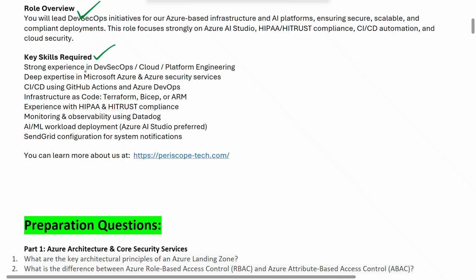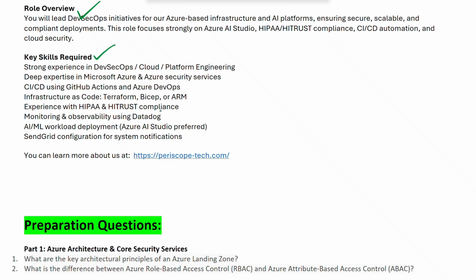They are expecting strong expertise in DevSecOps, cloud, and platform engineering, and deep expertise in Azure as well as the security services, CI/CD using GitHub Actions and Azure DevOps, and IaC provisioning technologies: Terraform, Bicep, and ARM templates.